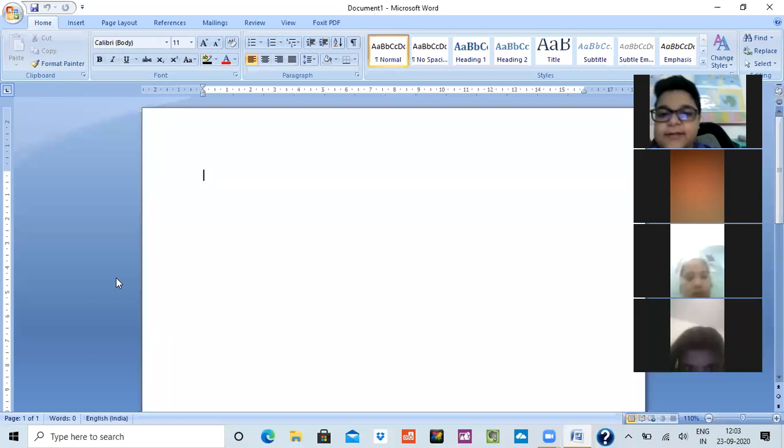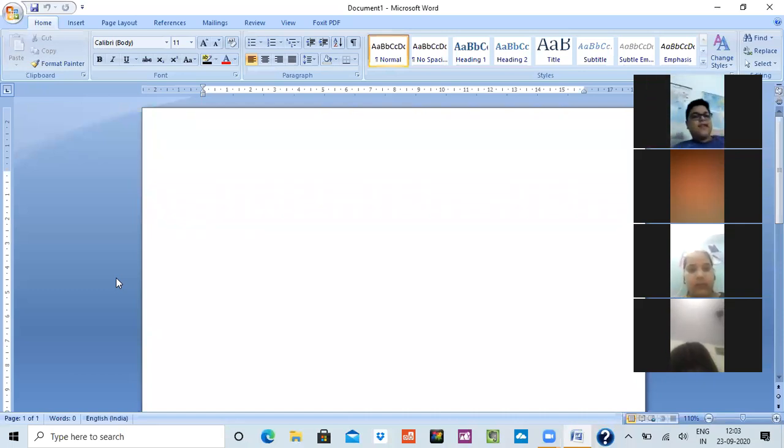What are they? This is known as a title bar. The topmost bar is known as the title bar. The title bar is placed on the top of the Word window. It displays the document name followed by the program name. Why is it known as the title bar? Because it is the topmost bar.